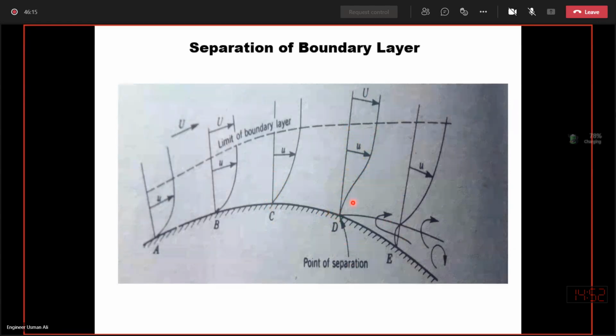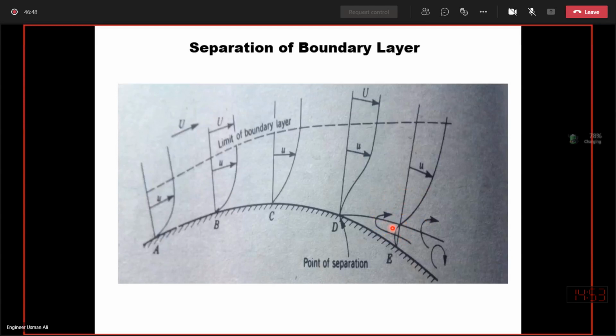And near the surface of the object, the velocity profile becomes normal to the object. What happens is that at this point, the boundary layer, or the fluid, just starts to separate from the boundary surface of the plate. This is called the separation of the boundary layer, and the point is known as the point of separation. Now further from point D to E, more separation will take place, and within the separated portion, a